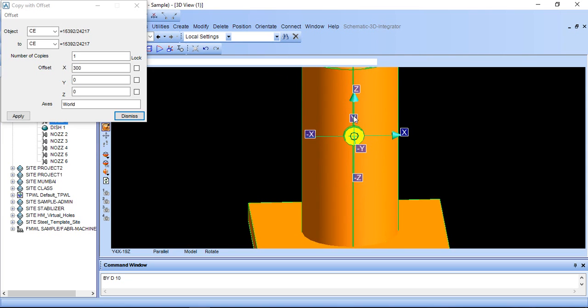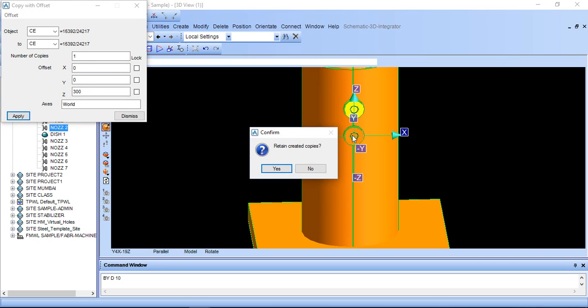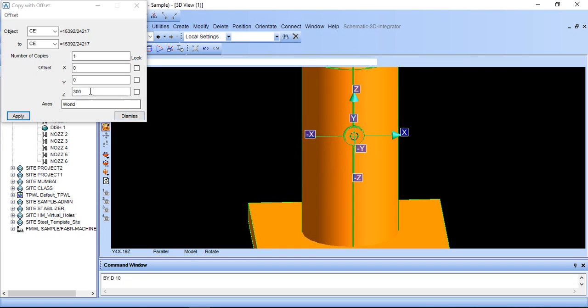So for upward it is z, so just give it 0 x, and I want direction 300 in upward. So it will be created like this, but I don't want this copy. I will change this to 500. Apply.